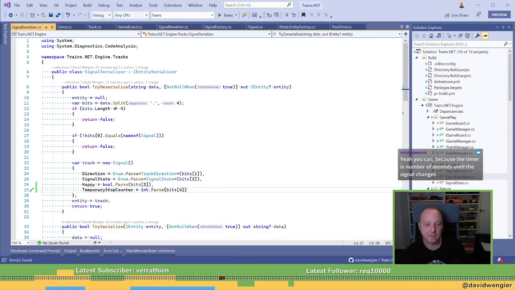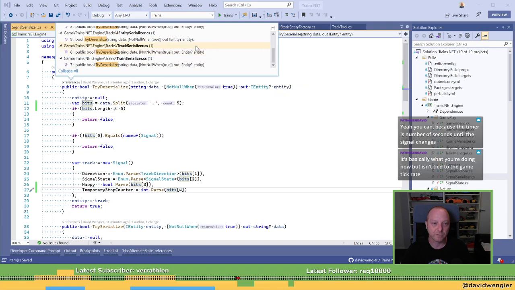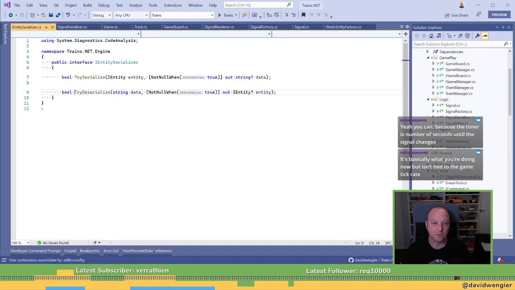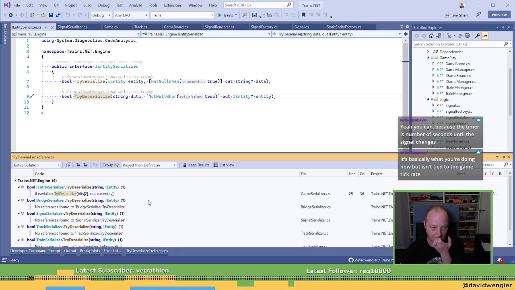Now this is where I think I need to fix my serialization, because this is going to now throw an exception and I think that currently throws away the whole operation. And really, we should just throw away this one line. So, nope. Where is it? Where's it called from? Here we are.